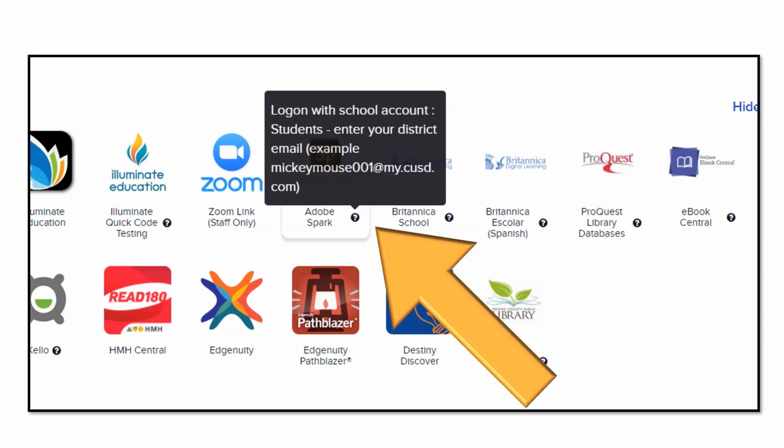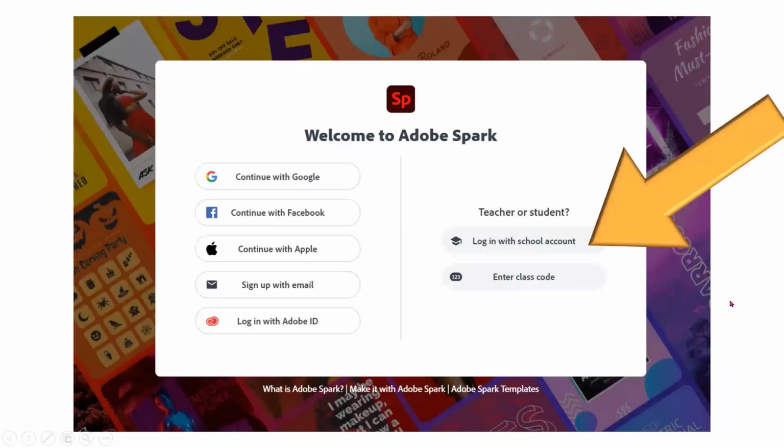So the sample right here says Mickey Mouse 001 at my.cusd.com, and the students would just apply their own username to the beginning of that email strand. So Jamie Smith 001 at my.cusd.com, for example, could be a student login. So this alerts the students to the process that they need in order to log in successfully. After the students have actually officially clicked on the app,